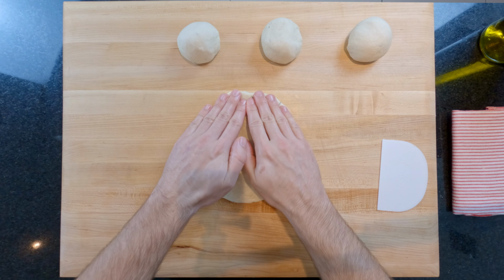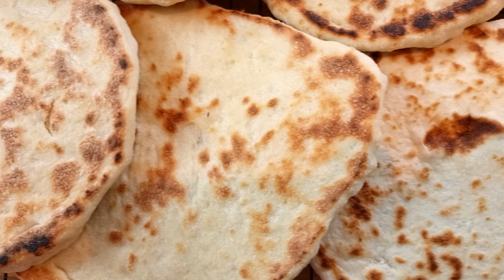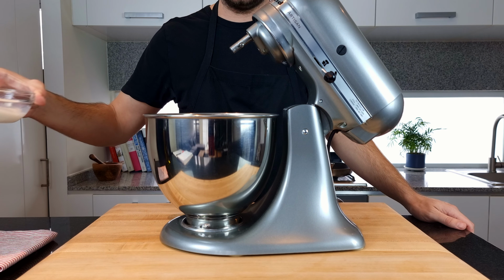Proper, authentic Greek pita bread, one of the true delights of this world. Today I'm showing you 2 methods on how to make them, with plenty of chef tips along the way, so let's get started. I'm going to begin by getting my stand mixer, and into the bowl of that I'm adding